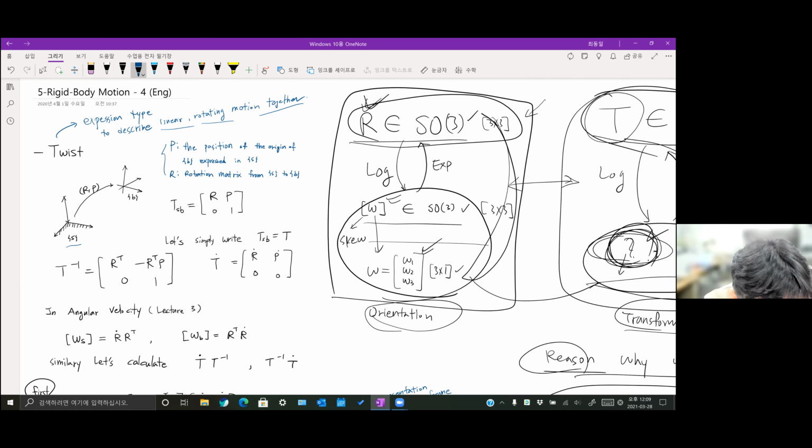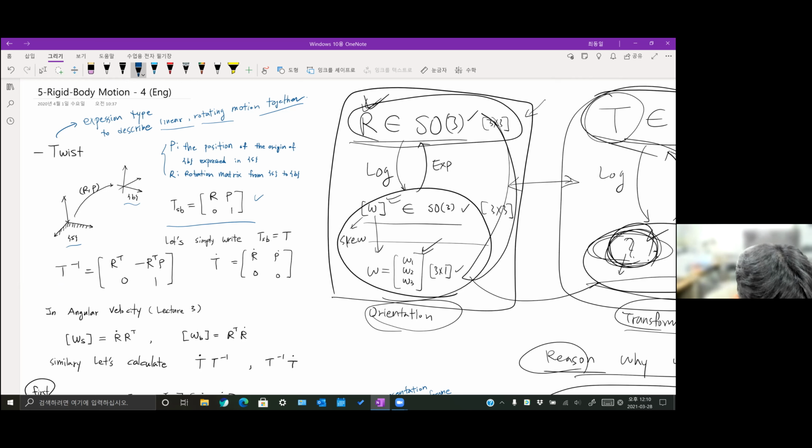Here is a fixed frame S, and here is a moving frame B, and there is a rotation matrix R, and there is a position vector P. By using R and P, we can write down the homogeneous transformation T_SB like this. So let's simply write down T_SB as T. So when we write down T, it means this one. So if we take the inverse of T